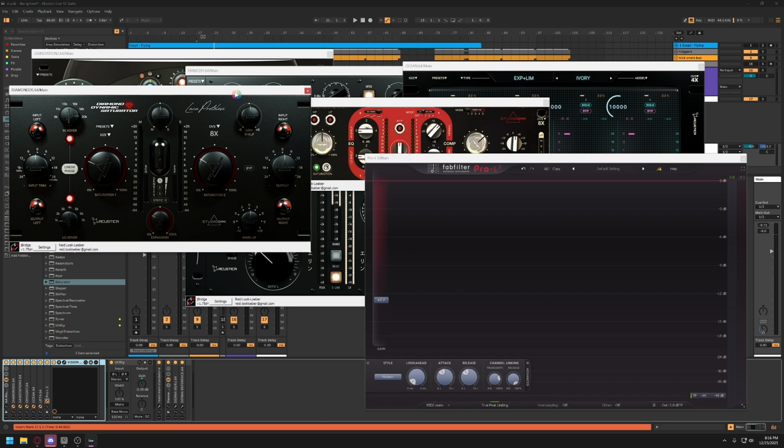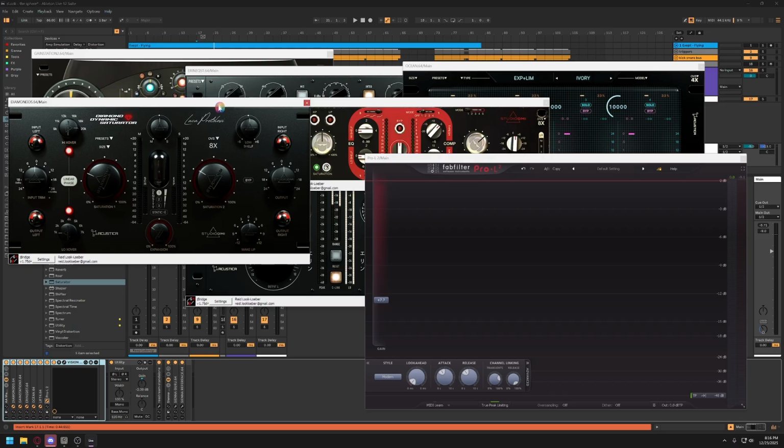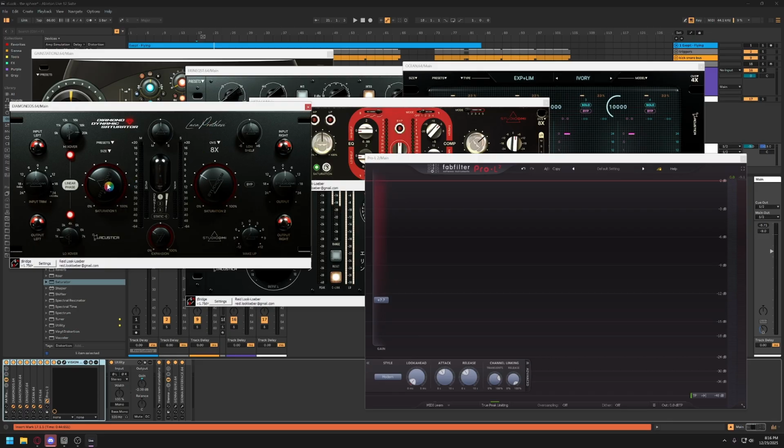A lot of saturation is distortion. That's what distortion is. Distortion is just saturation turned up a lot, so that it adds a lot of harmonic content and actually distorts the sound. So I just have a little bit of saturation happening here, it just kind of thickens the sound, saturates it, thickens it